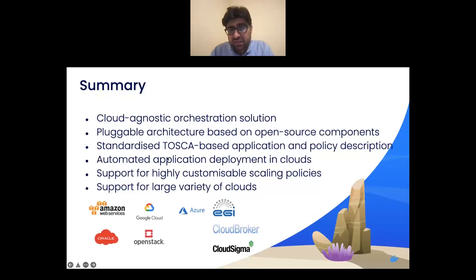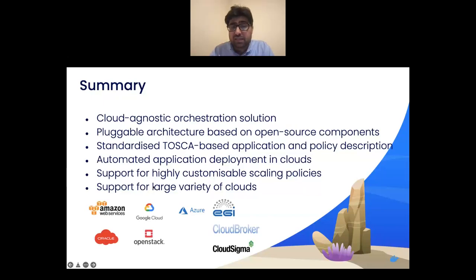MiCADO facilitates automated application deployment in the cloud, and it gives application owners highly customizable scaling policies where they can come up with their own scaling logic and develop their own policy, which will dictate the behavior of their application at runtime.